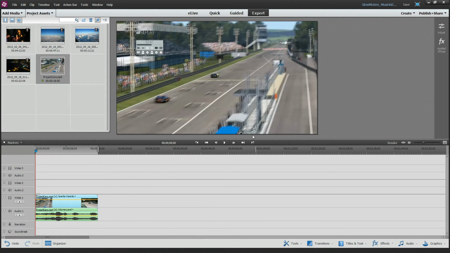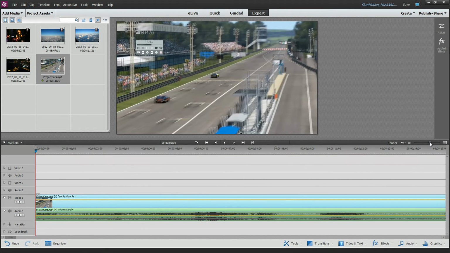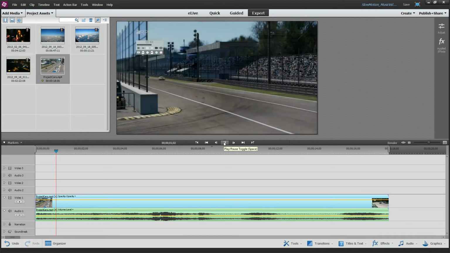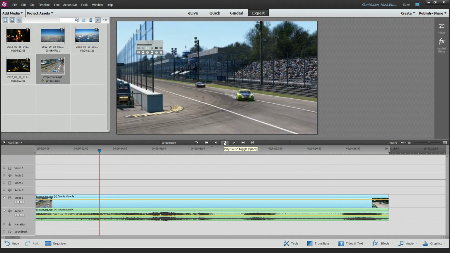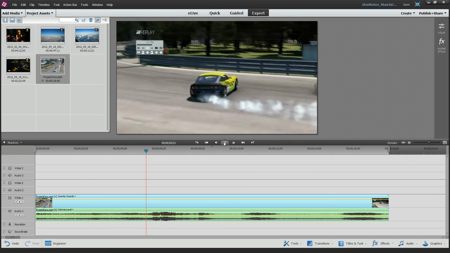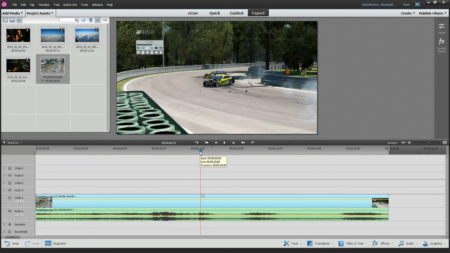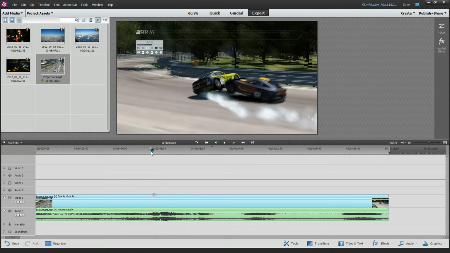In this last example, let's show another example of slow-mo, but with a slightly different transition. So this video clip came from Project Cars, courtesy of my buddy Dave Walker, who is an avid car driver, and it just shows him running around the track and getting into a rather death-defying accident. So what I'd like to do is slow that clip down right at the accident, and have some kind of neat transition to show some interest in the whole accident itself. I'm not saying accidents are interesting, by the way.